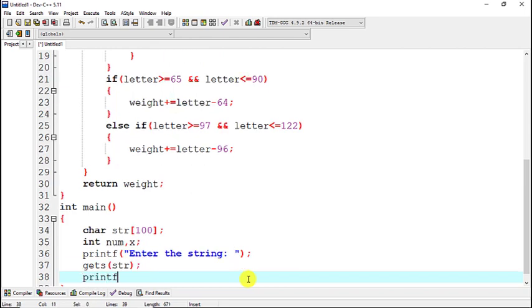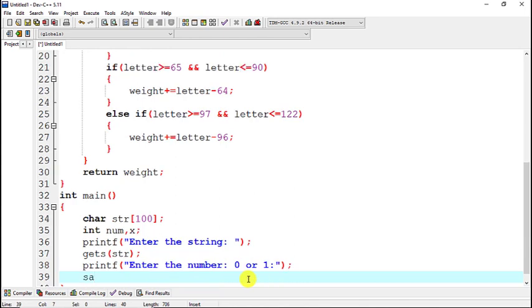After that we will take the option from the user, enter the number in the form of 0 or 1. Now we will read it from the keyboard, so here %d, ampersand num.